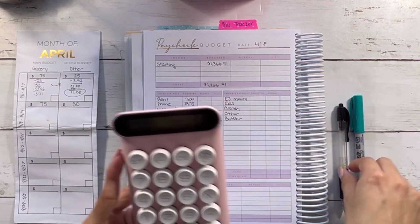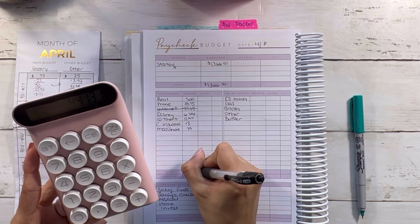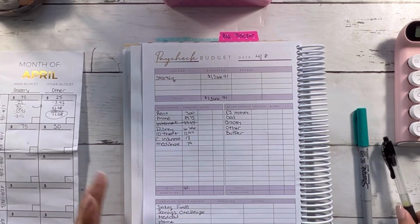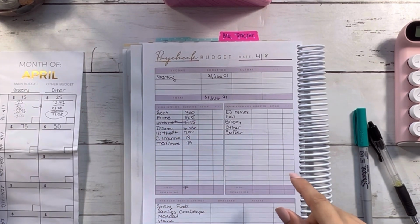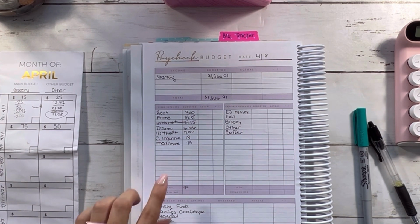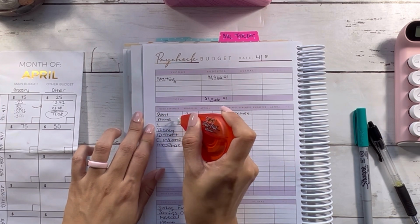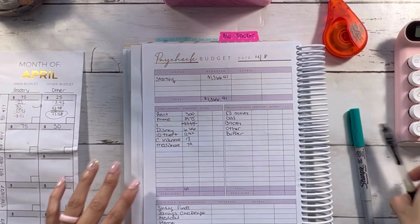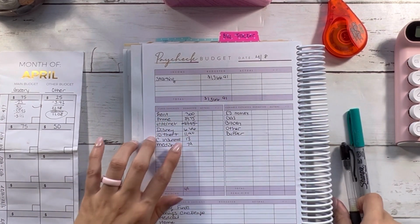All right, so the total is 400 for, yeah, I wrote something wrong. Clearly, I don't know what I am doing because I was correct. So let me pull out my whiteout because I was right. We did need to set money aside for internet. I'm like, what in the world? What is happening? So let's fix this because that was right. It was